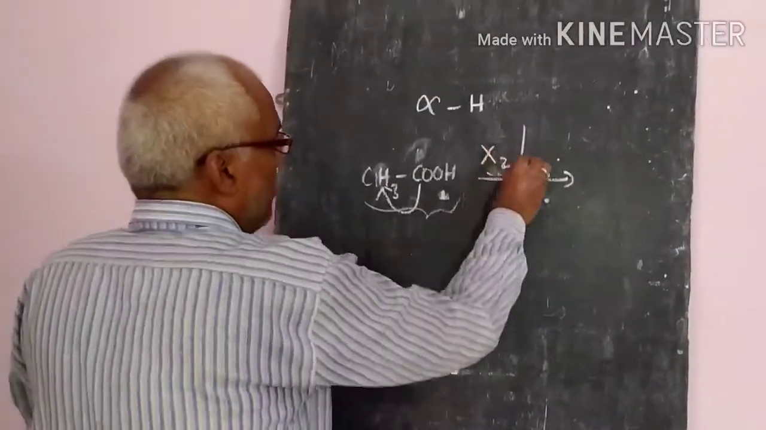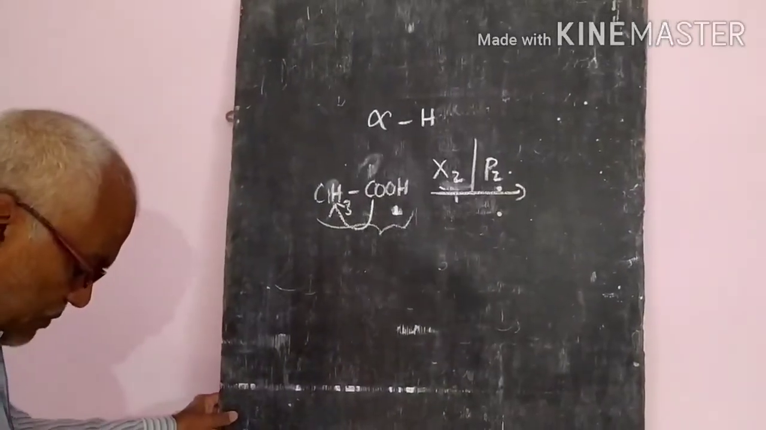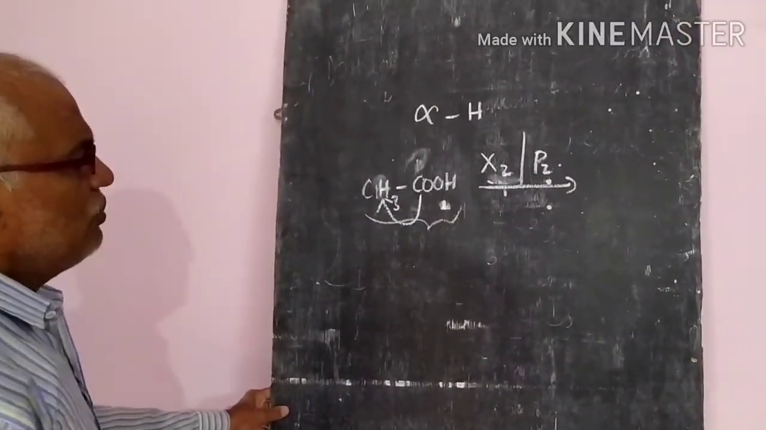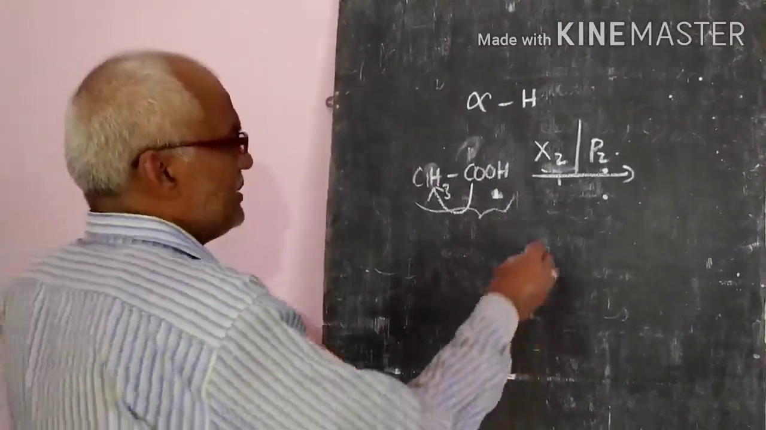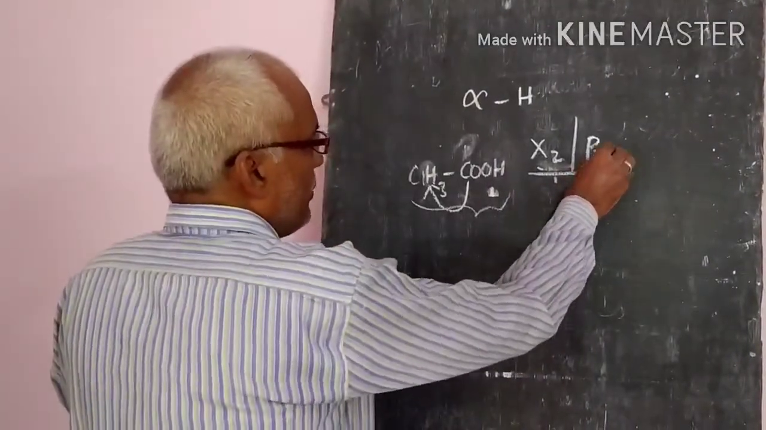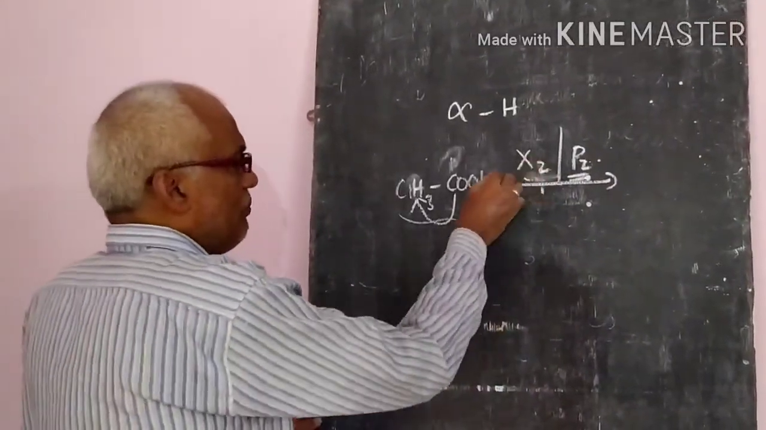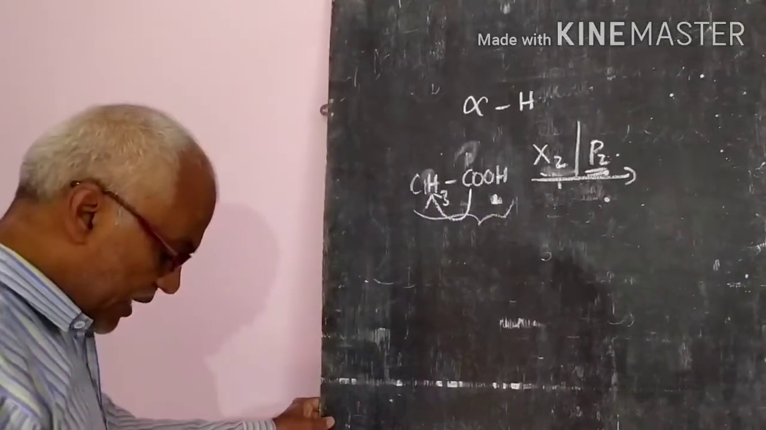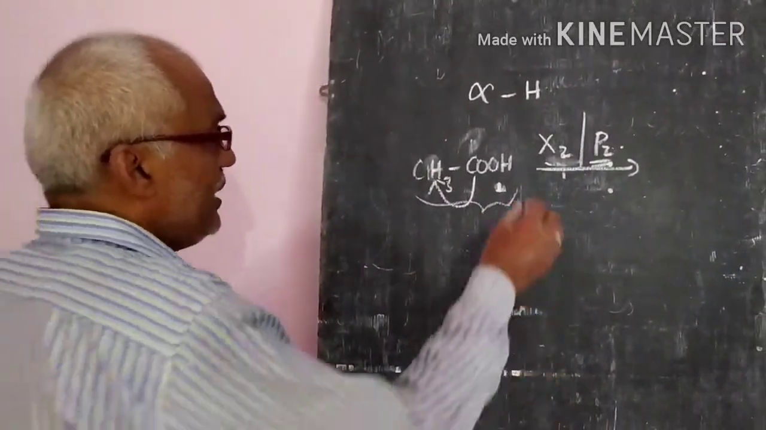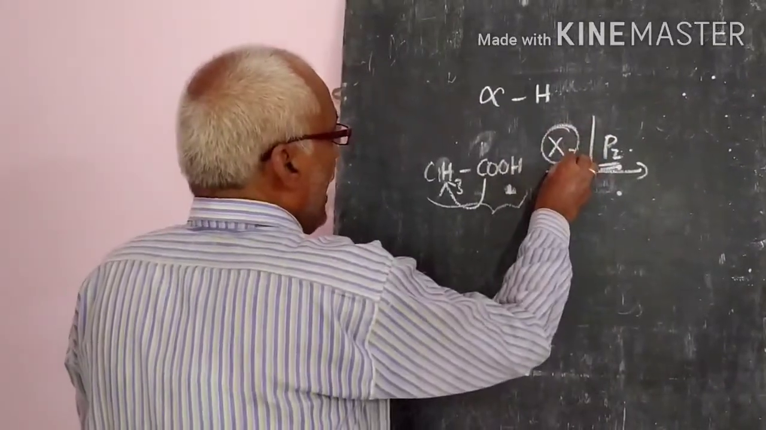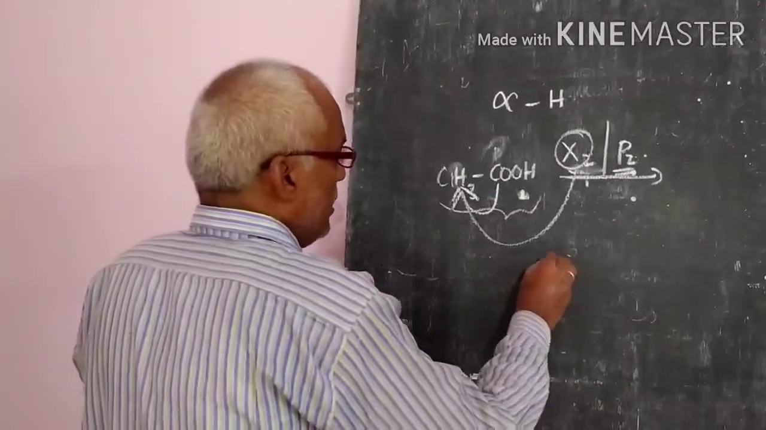In the presence of a small amount of phosphorus, which we will call red phosphorus, in acidic medium, what will it give? Halogen will be added directly. These halogens will be added to the alpha carbon atom and form